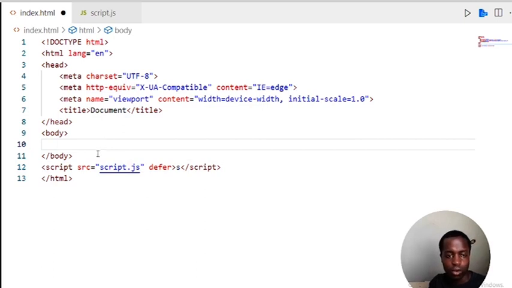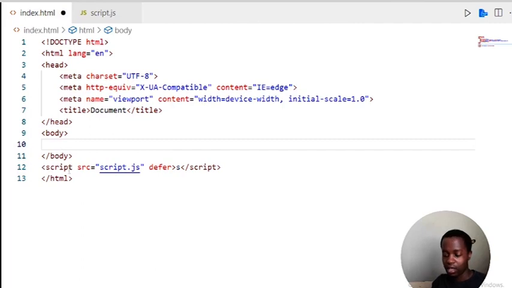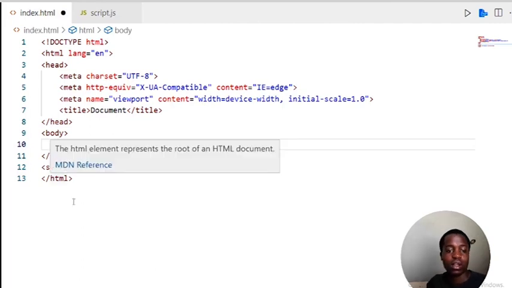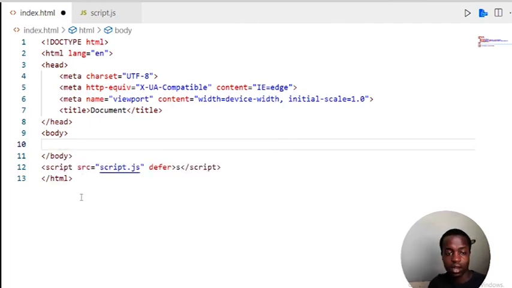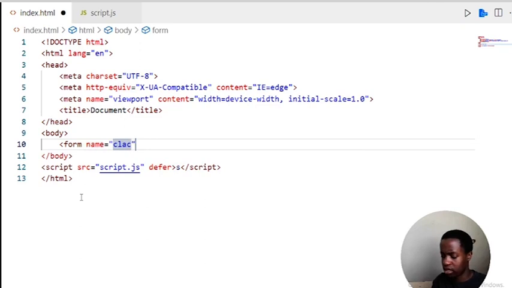Okay, so to build a calculator you're going to need a form tag and a table tag, and that's essentially it. Then all the good stuff, the juicy stuff, happens in JavaScript. So firstly, I'm going to walk you through this. Let's jump right in. I'm going to create the form, use the form tag, and give it a name, calc,